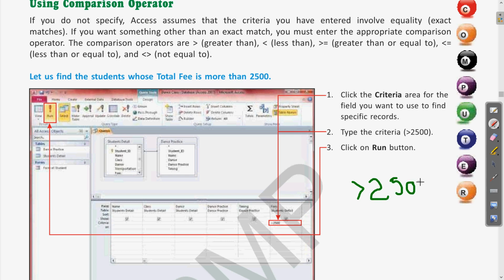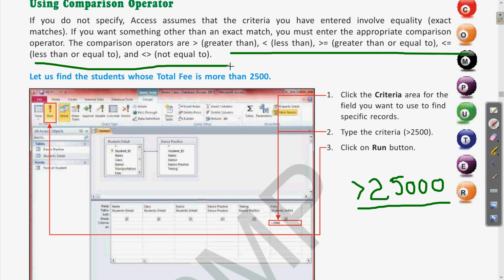So all the records having the specific field in which the data is greater than 25,000, or whatever number you want to write, are returned. This way we can use the comparison operators. Clear? Like less than equal to, greater than equal to. These are the operators which can be used for specifying the criteria. Fine.